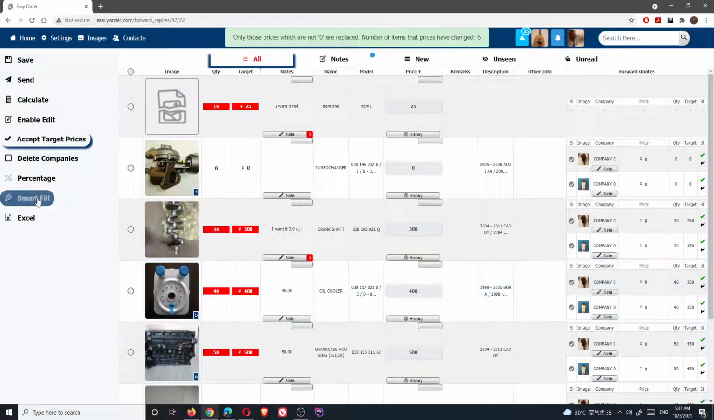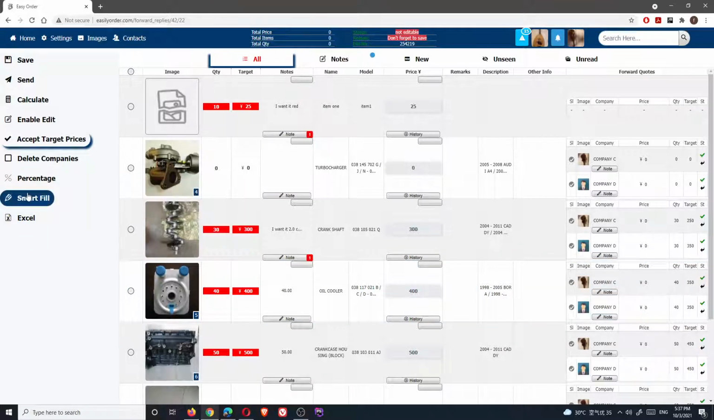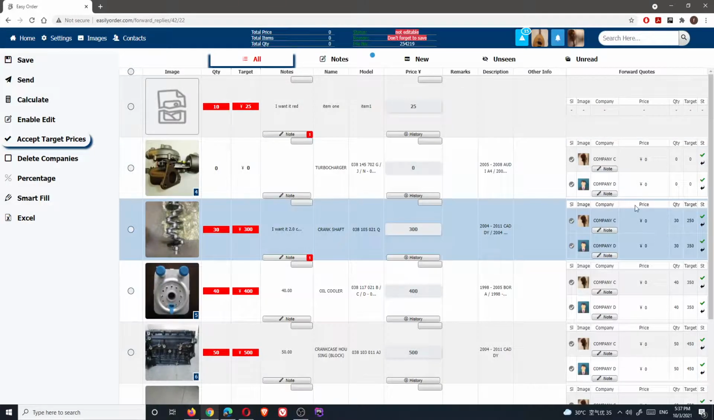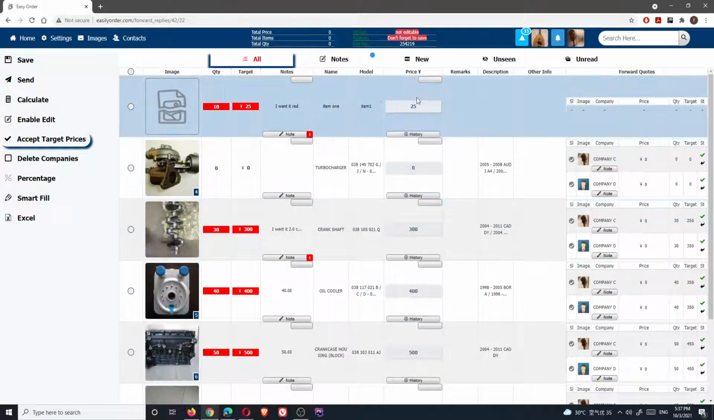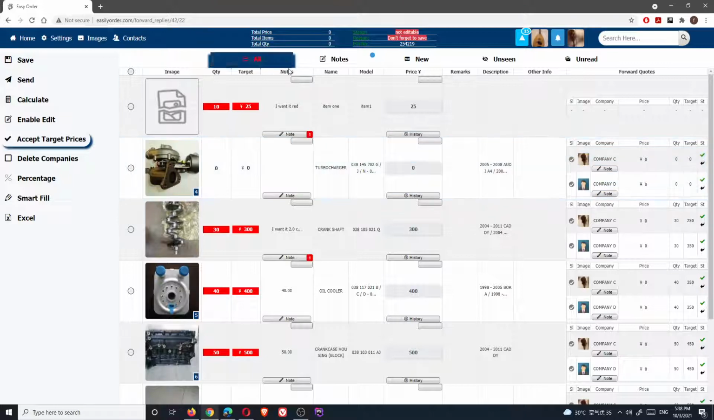Sorry, but we want the cheapest price. So when they quoted, and then when we see the cheapest prices, we can use the smart fill button to fill here with the cheapest price of the company, adding your profit that you set, and after adding your profit compares with the